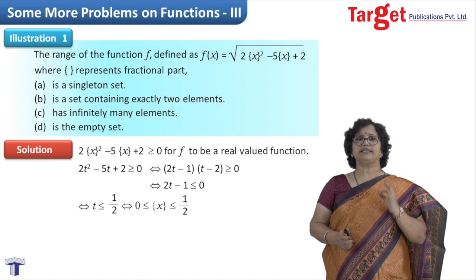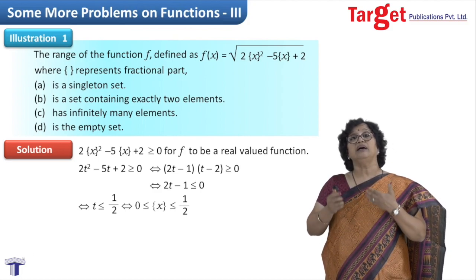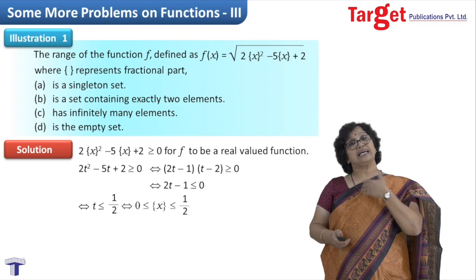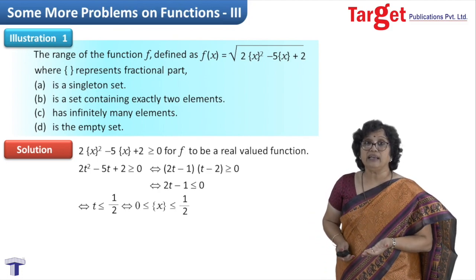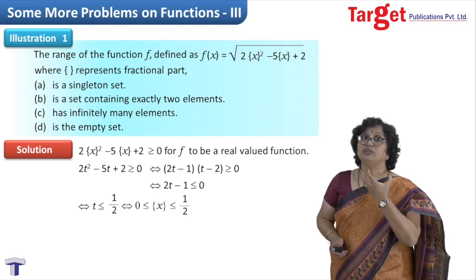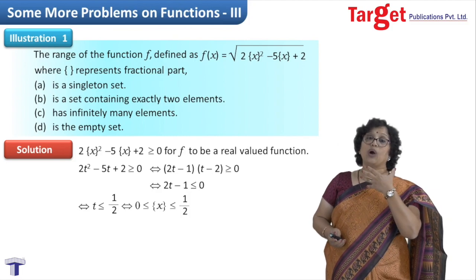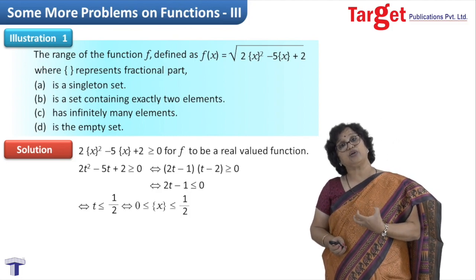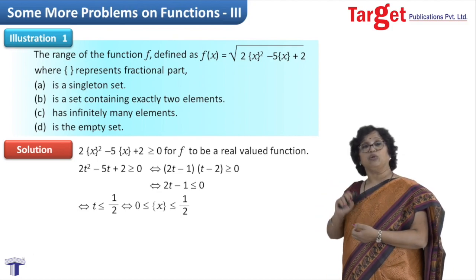When is the fractional part of x equal to 0? When x is an integer. So, obviously, I give values to x as integers only. I mean, I start with n, some integer. And I have to add to that integer some fractional part. What is that fractional part? Is there any constraint on that fractional part? Yes. What is that condition? That it has to be less or equal to half.